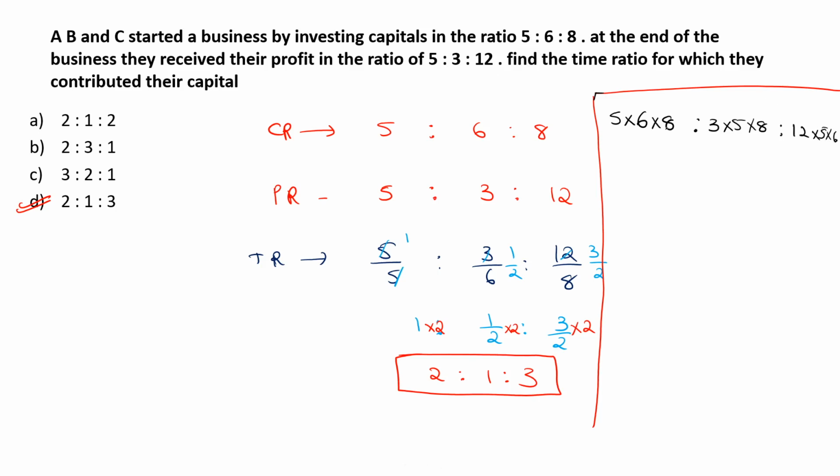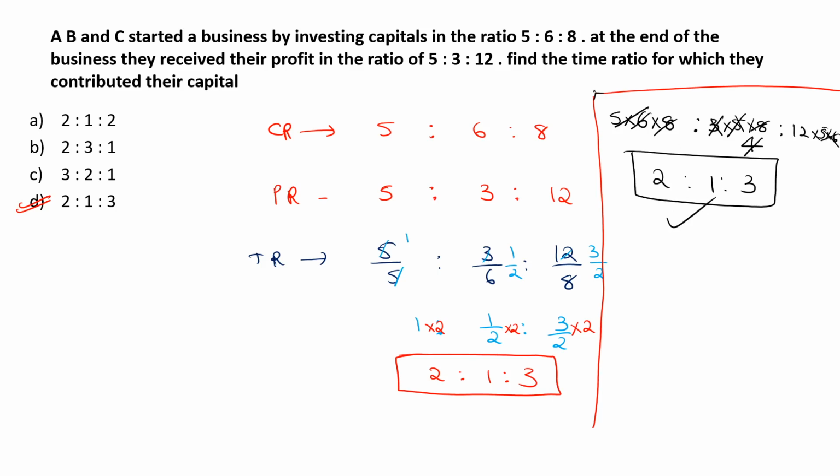Now simplify the ratio. You can take 5 into 6 out, but here there was no 5 into 6, but there is 5 into 6 in the form of 8s and 3s. Just take the 5 out, and we need to take 6 out of the equation, and when 2 cancels from the 4, there is 4 remaining. Again simplify the equation to get 4 ones, 4 twos, 4 threes, that is 2 is to 1 is to 3. This is another way, and a best way, to solve this question.